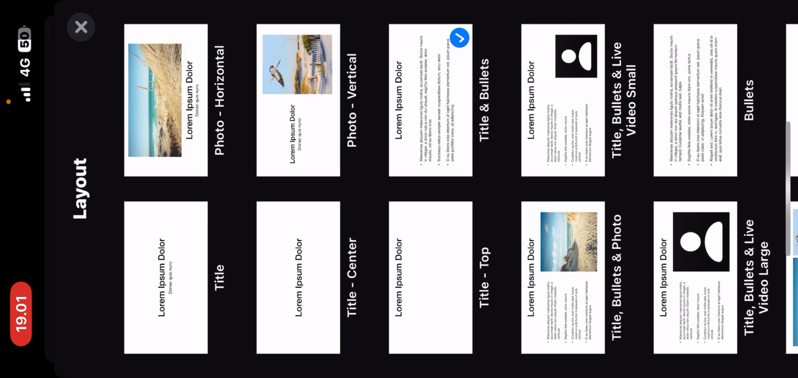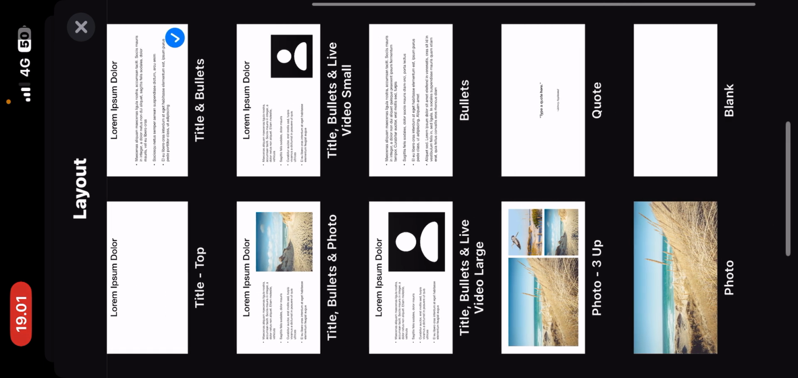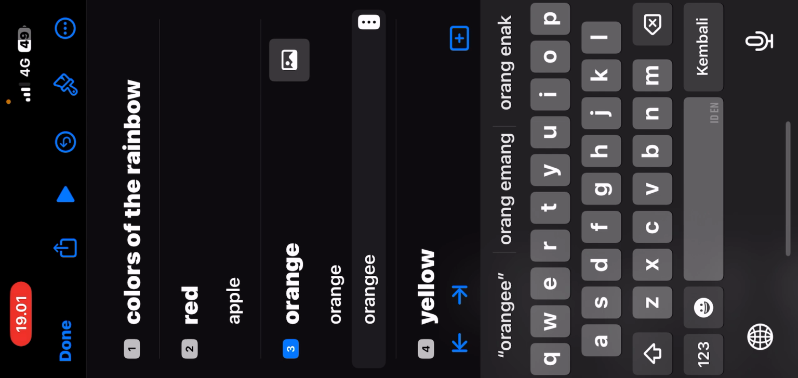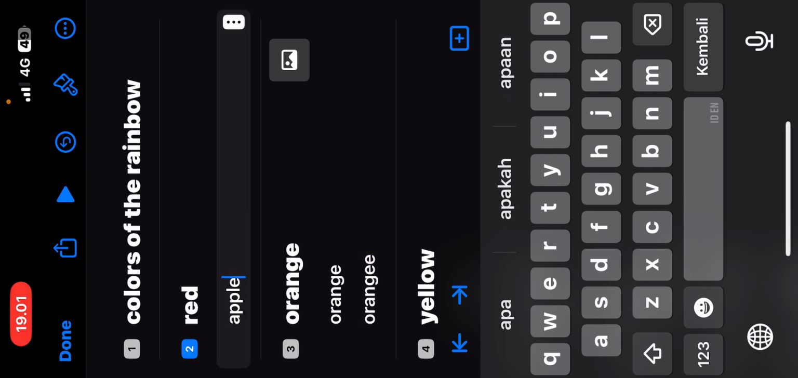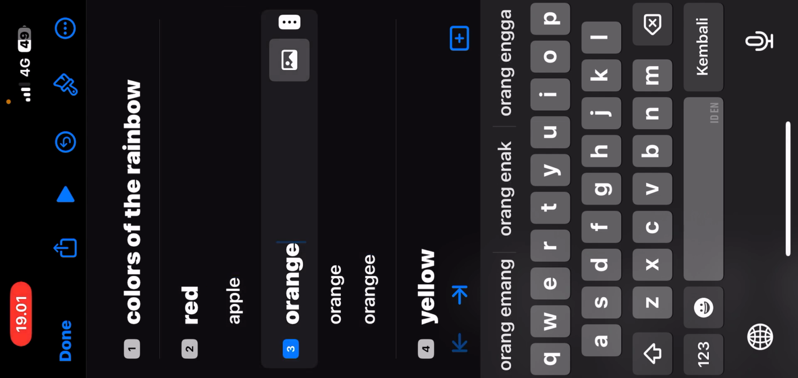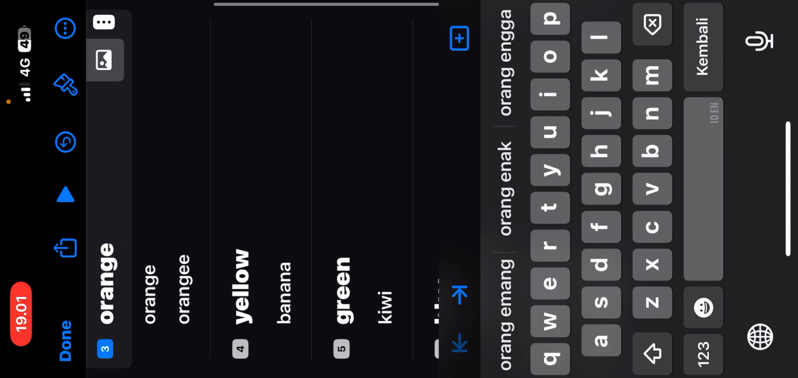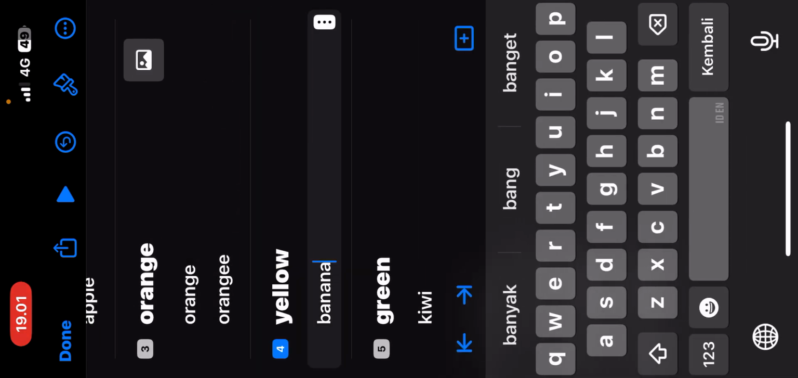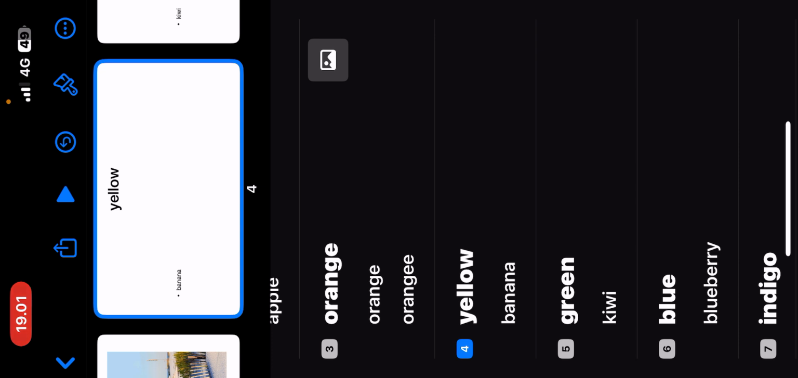And then here, press the brush to select the layout that you want. There's title, photo horizontal, photo vertical. Let's do that one. And then here you can press on the image button here and you can add an image to it. But that's pretty much it. That's pretty much how you can create presentations basically on your iPad,